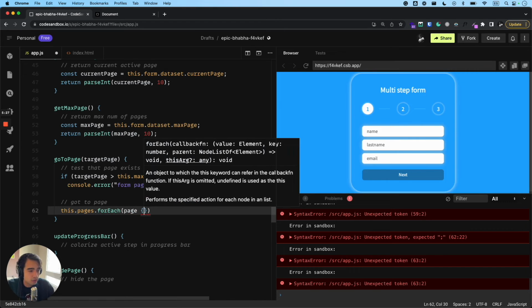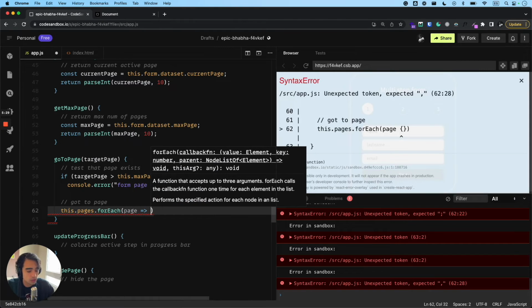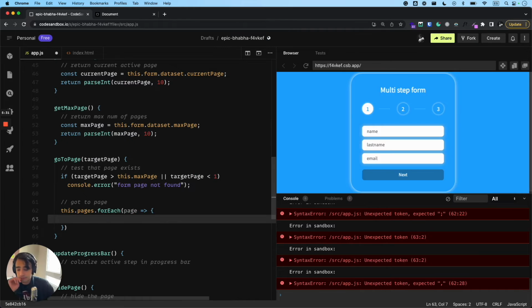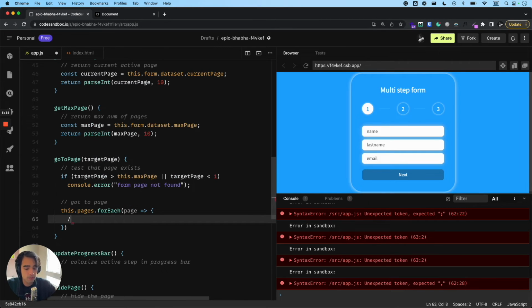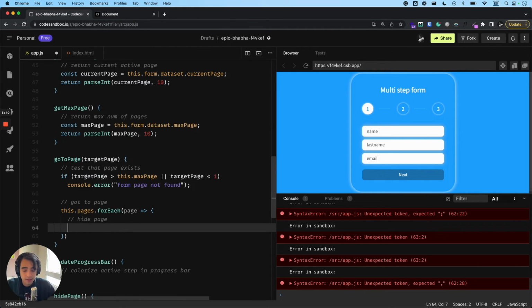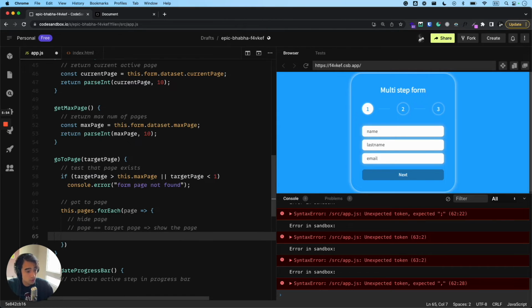And we're going to say that for each of these pages, what we're going to want to do is, first of all, we're going to hide it. Oh, sorry. We're going to hide it, hide page. And then if the page is the target page, what we're going to want to do is we're going to show the page. All right. And then what we're going to want to do also inside of this part is we're going to have to